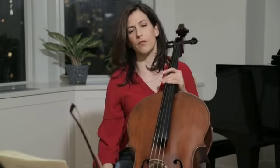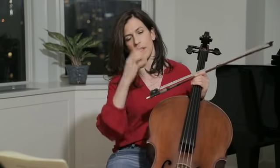I have a question about how you approach strings and bow strokes differently for each Bach suite. And if so, how is it different? Well, with the risk of oversimplifying, I will try to give you a simple answer to this. I don't think there is really one different stroke for each of the suites, but